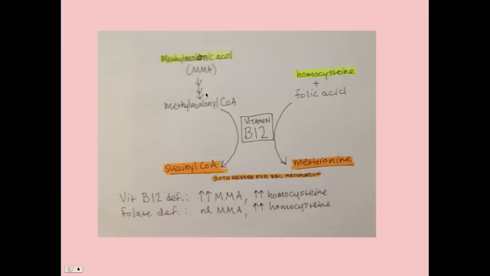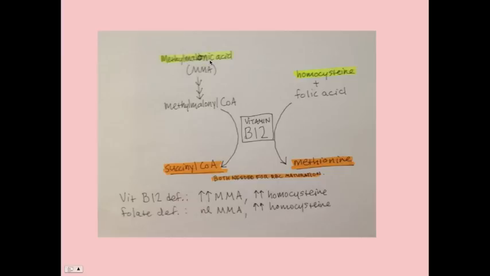Okay, so let's remember back to our biochemistry. What does vitamin B12 do? Well, it does a lot of things, but for the blood, we are concerned with the metabolism of methylmalonyl-CoA and of homocysteine. So methylmalonic acid goes into methylmalonyl-CoA, and vitamin B12 helps that become succinyl-CoA. Homocysteine and folic acid come together, and with vitamin B12 as a substrate, combines to become methionine. Now, none of those reactions are really that important. Yes, they're both needed for red blood cell maturation, but what I want you to remember here is the